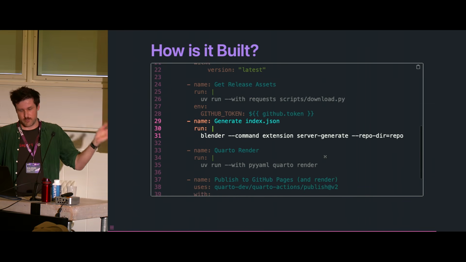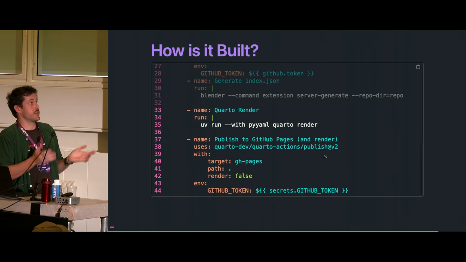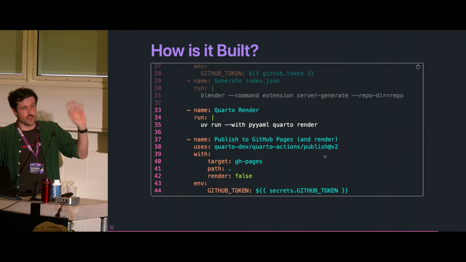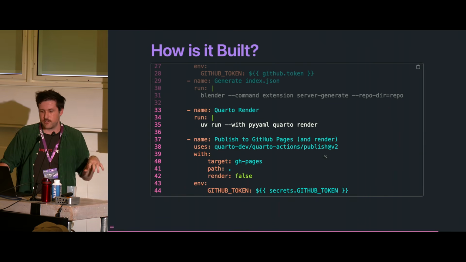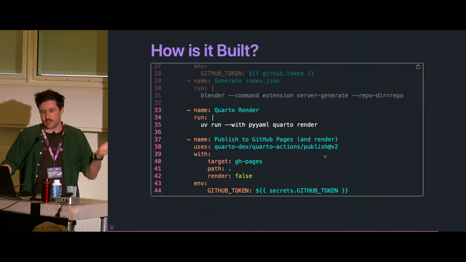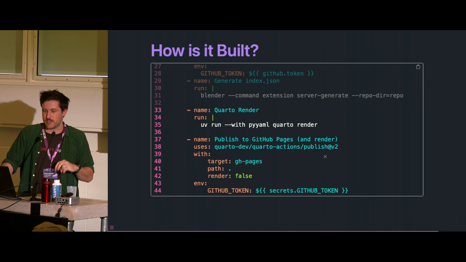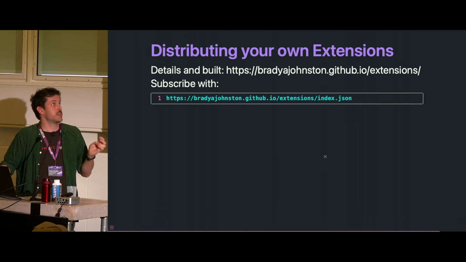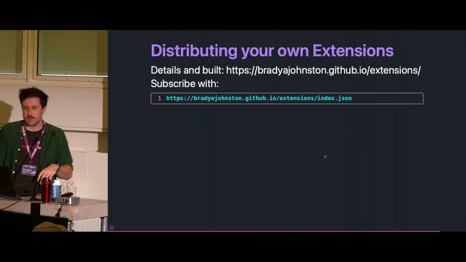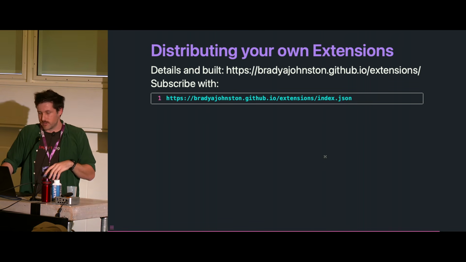We build our extension repo. I use Quarto to make websites. You can use your static website renderer of choice, or just use Blender itself, which also generates a nice little HTML, which is convenient. And then, yeah, that's that link again where you can distribute your own extensions. And so that takes me almost perfectly to